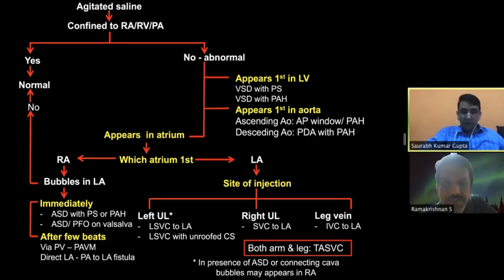I shared with you experience from more than 1,000 patients in different settings, and PFO is a condition which is seen in almost 20 to 25% of the population. People have been doing saline contrast echo as well as transcranial Doppler in these settings, and they haven't found any difficulty. And in our own experience, cumulatively, I think we would reach 1,000 among ourselves in the department, and we haven't found anything of that nature unless you have been careless in pushing in a large bubble which can trap into the system and create trouble.